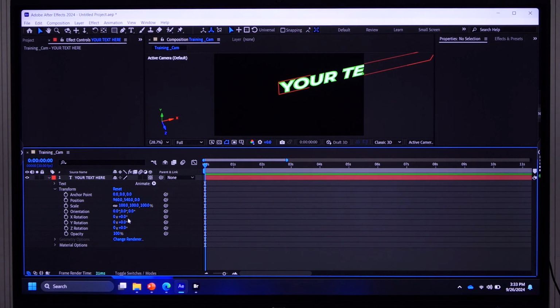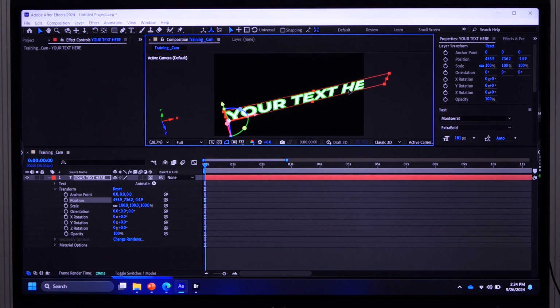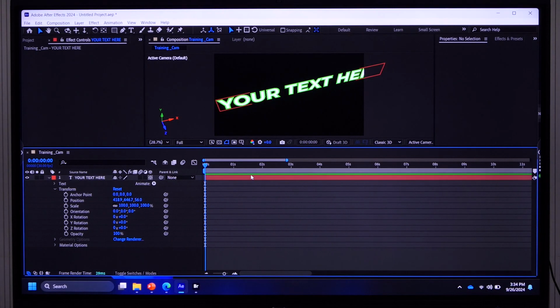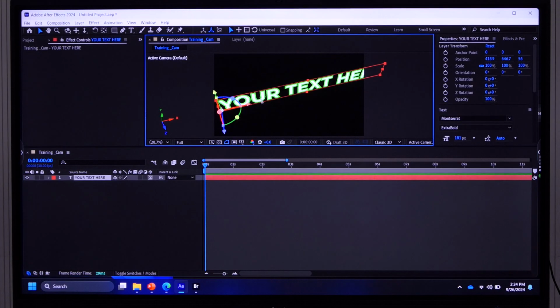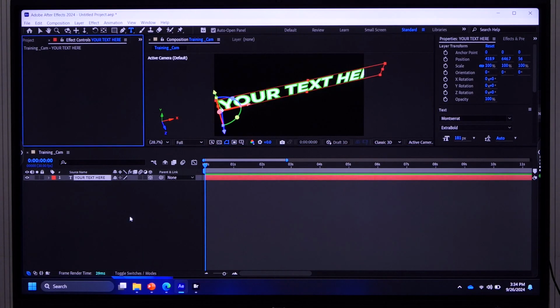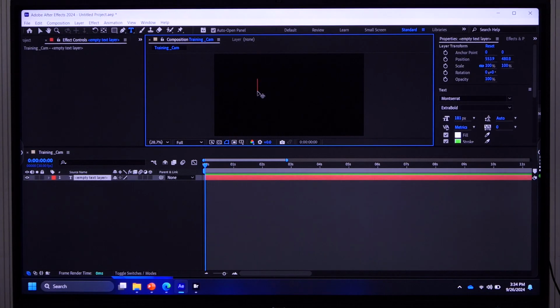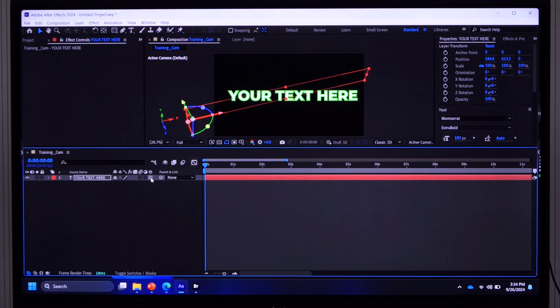Orientation will be 0, rotation will be this. I think I changed this rotation with the help of 3D. Do one thing, create a new one, delete, type key, Ctrl V. This time I'm not changing anything, just make it 3D,